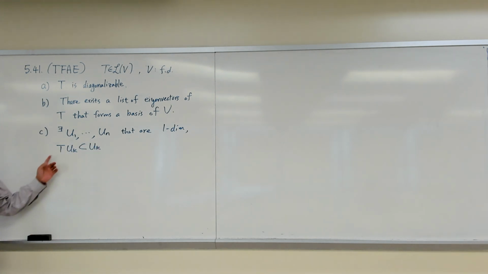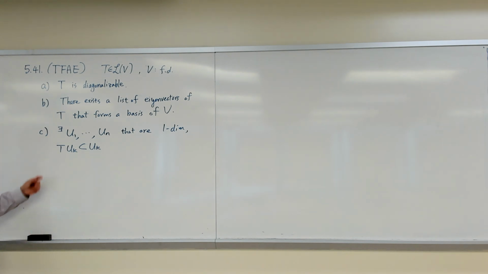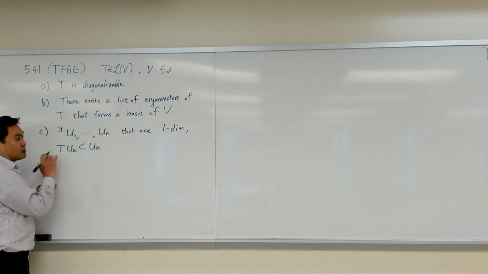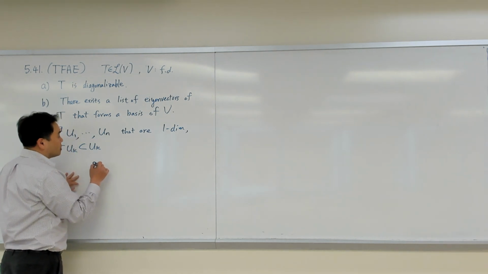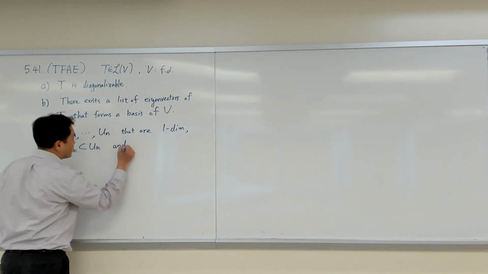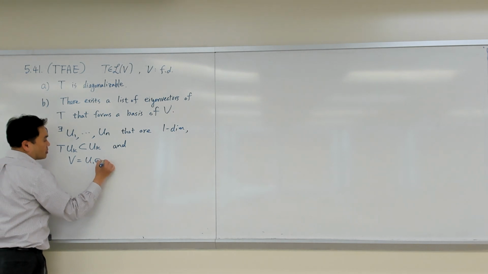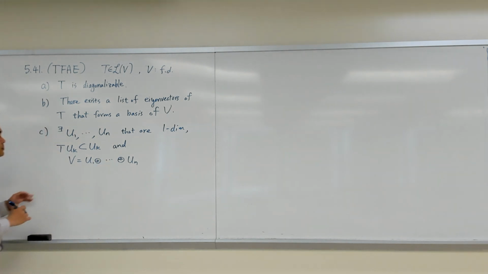That's my quick way of saying that Uk is an invariant subspace of V with respect to T. And V is equal to U1 direct sum through Un. And D,